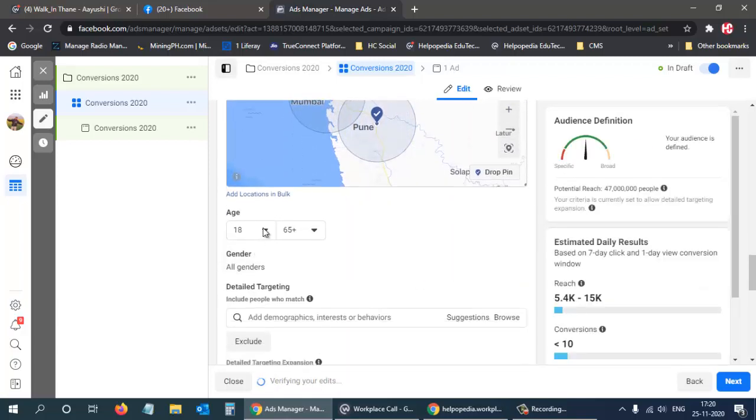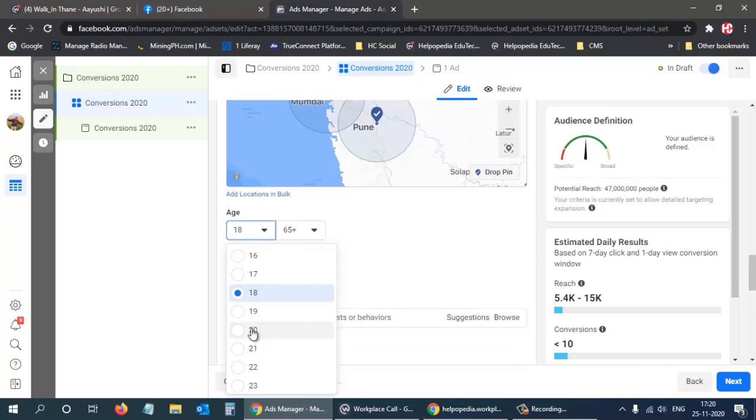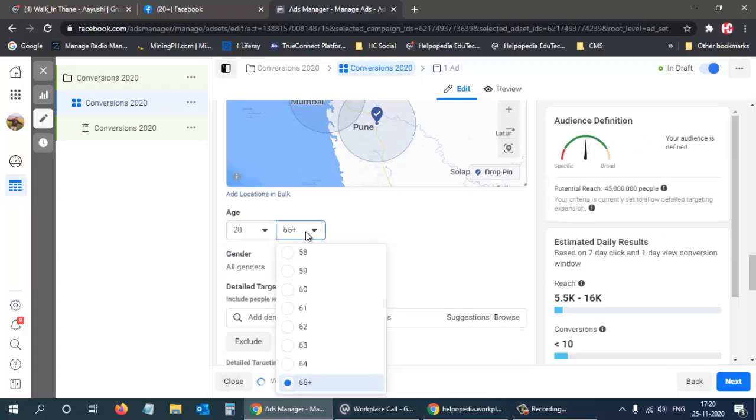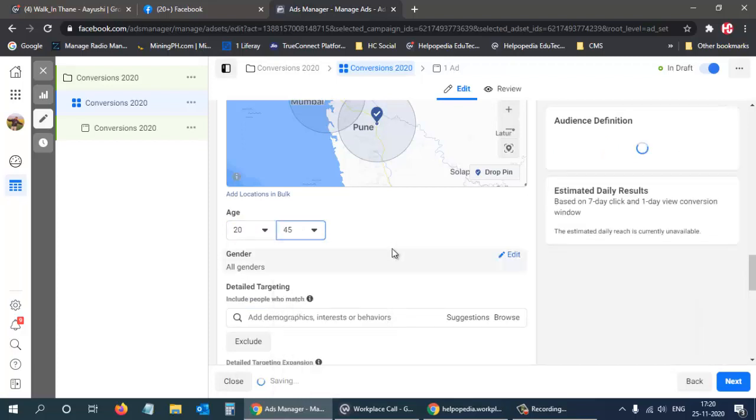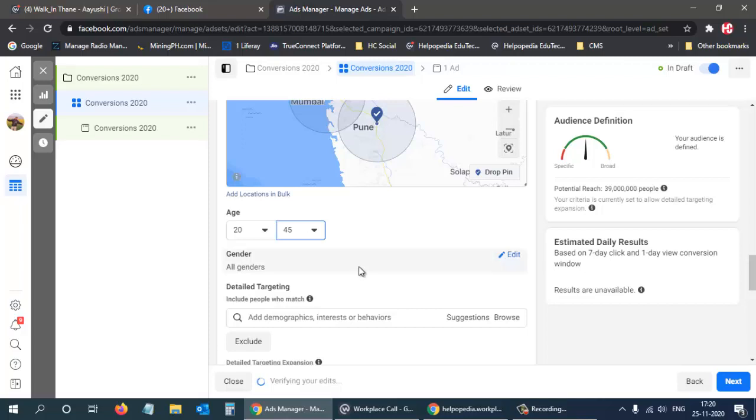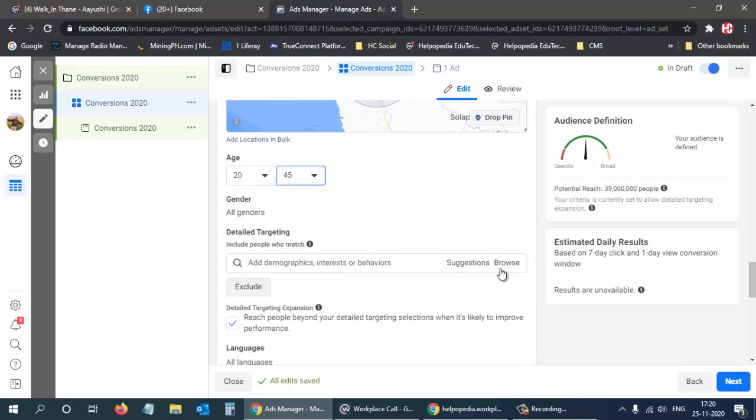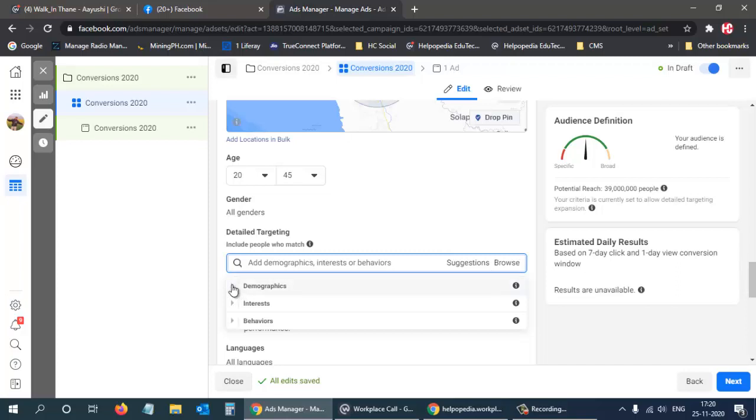And then age from approximately 20 to 45. Okay, genders, all genders, and then detailed demographics. Over here, demographics we can select. That would be education, so education level.